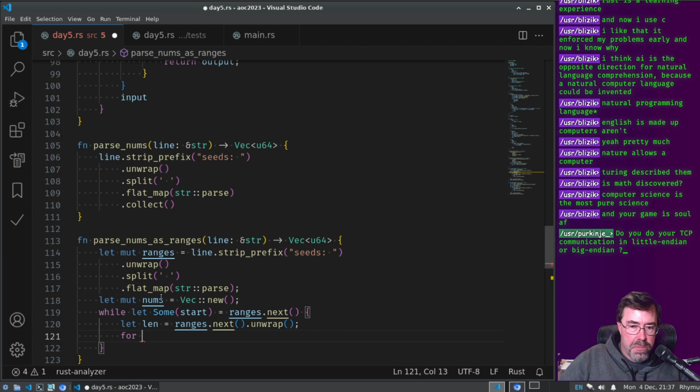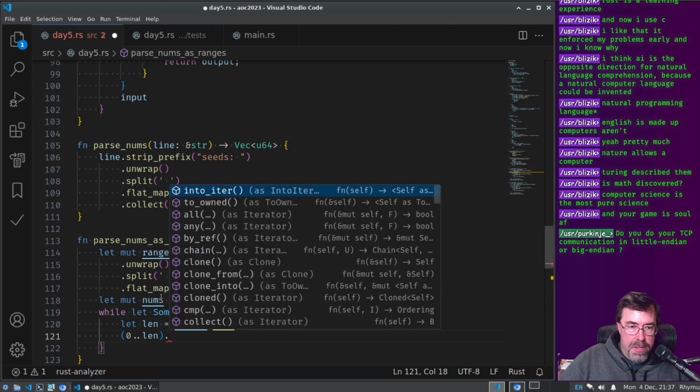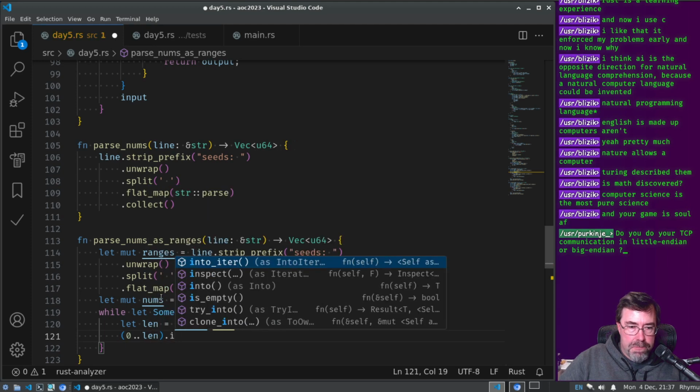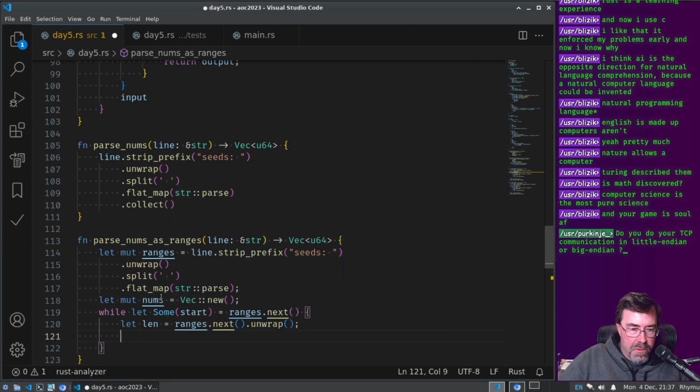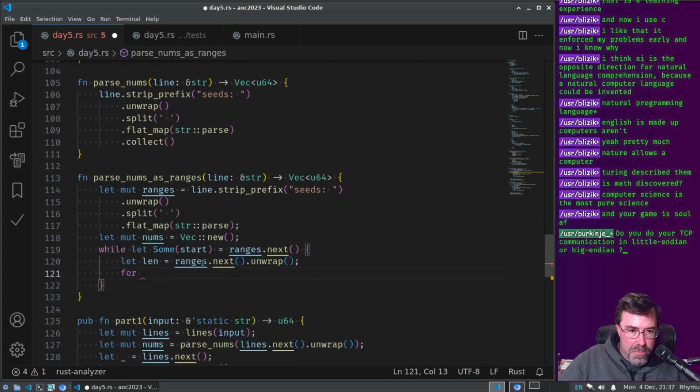for... well, I can just do this, from 0 to length, map. I don't actually need the index though. I'll let the linter tell me how to write this differently.